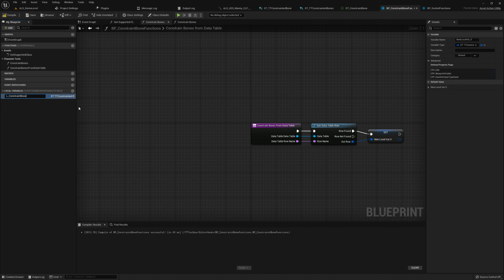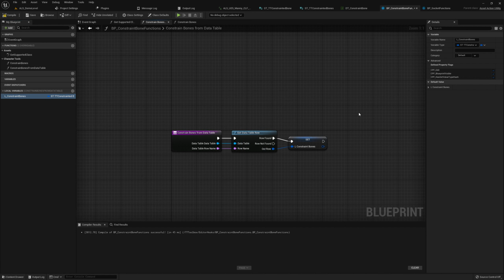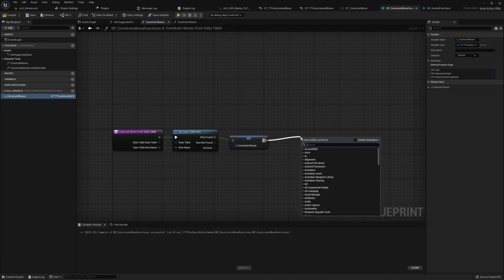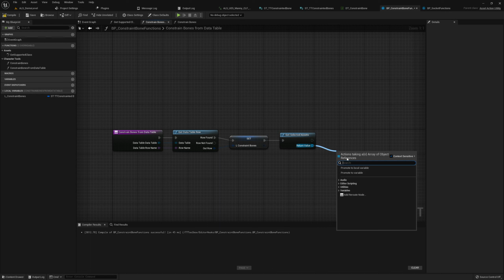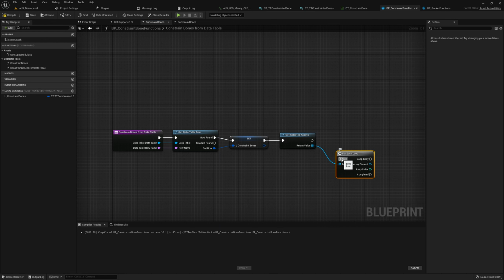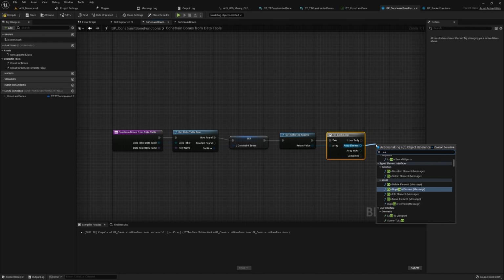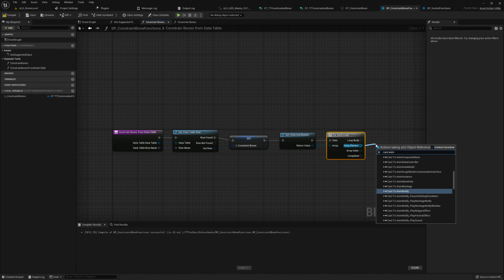Constraint bones, and we will get all assets, get selected assets. We iterate all over them, so we need a for each loop. So we cast this to anim sequence,